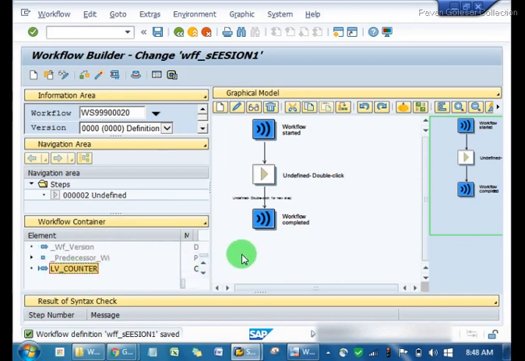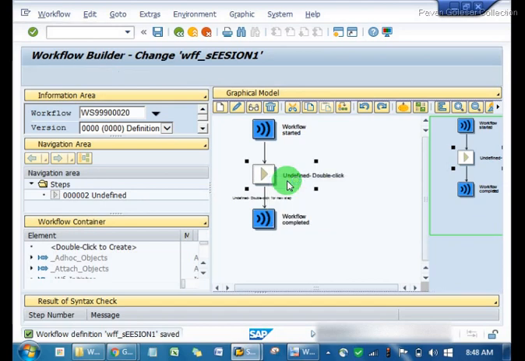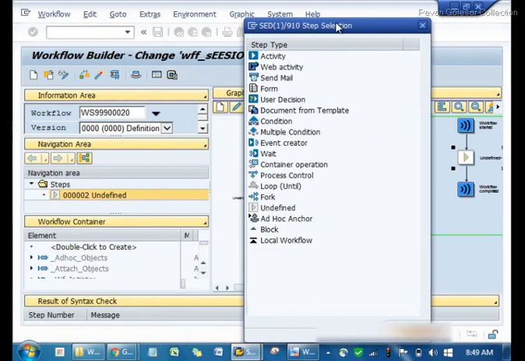Now we want to use this variable in a loop, like we say for I equal to 0 in C language, I equal to 0, I less than 10, I plus plus. Now this thing is going to be here. We are going to check this step where we double click, or you can simply right click and select create. On the create operations there are various steps. Now as mentioned, we are going to follow this.